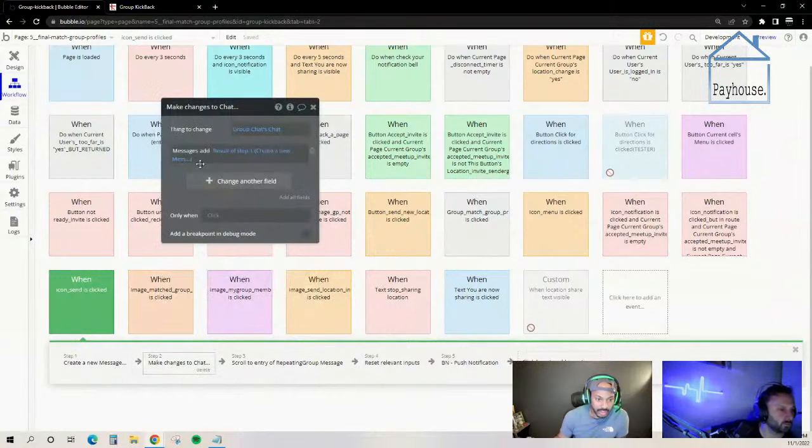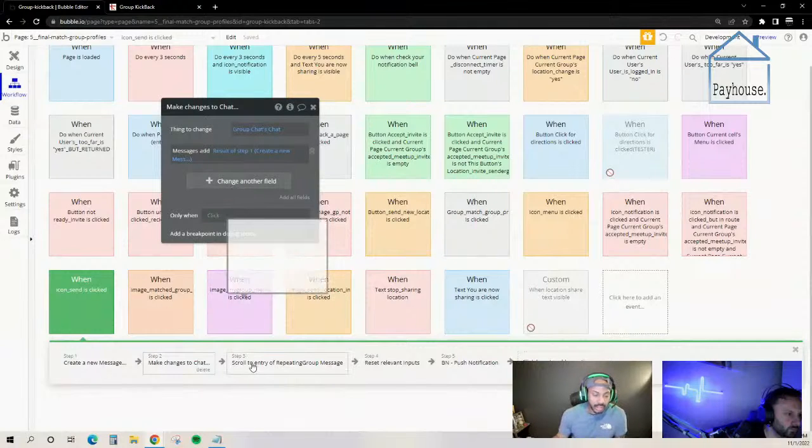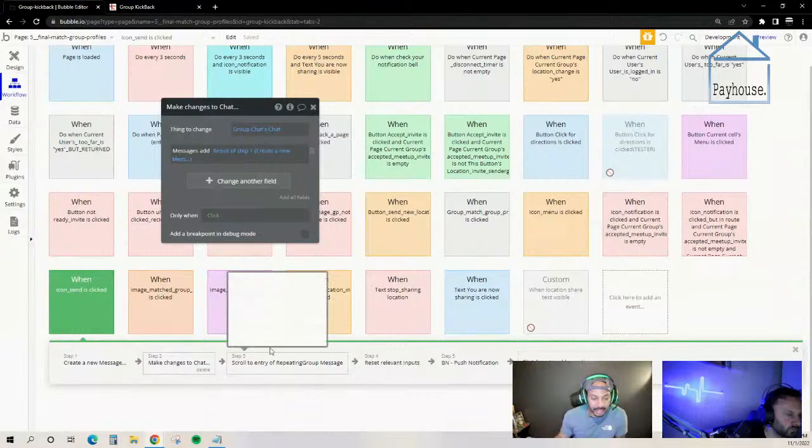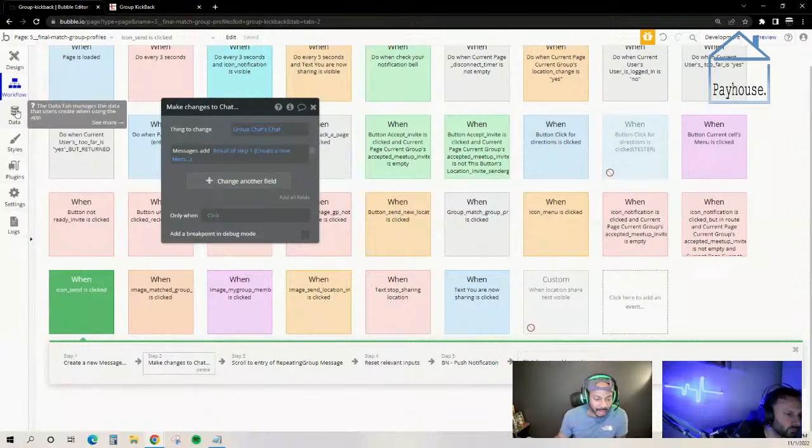You know, and it also makes changes to the chat. So a message is created as a data type first, and then it adds that message to the group's chat. Okay, at this step here. So maybe there needs to be another database change, maybe on the user side, that is somehow linked to that chat or linked to the step one message,